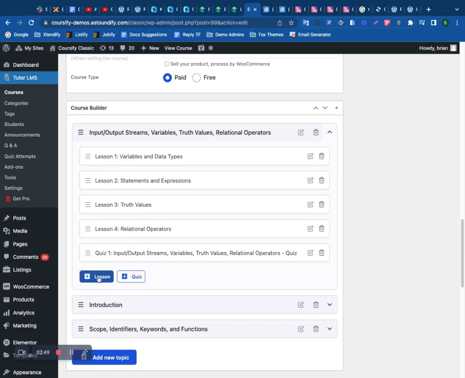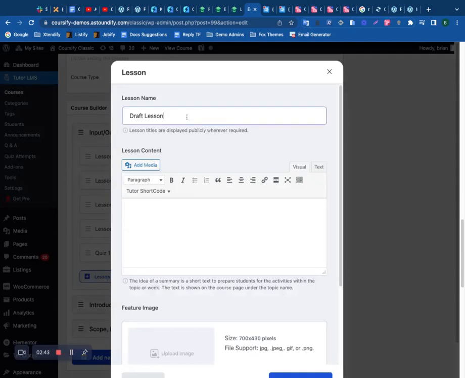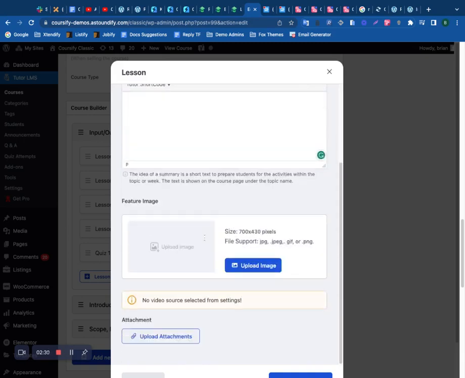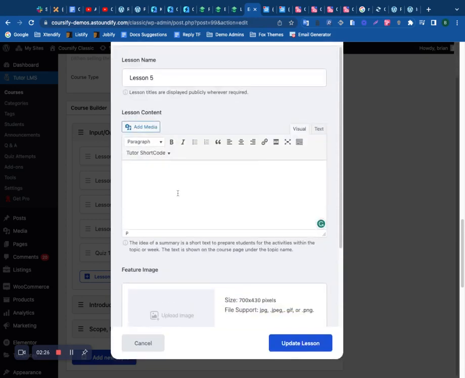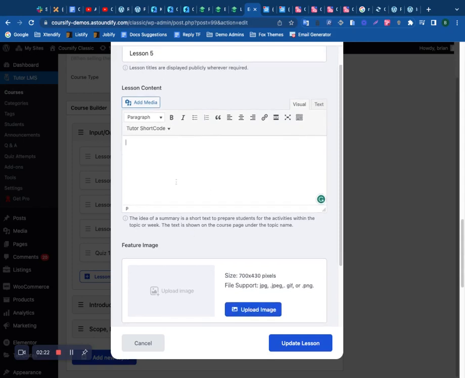So there's an option to add a lesson. If you want to continue, you can simply add another lesson here and give it a title. Let's say lesson 5, and make sure you give it the lesson content. Maybe you have a video, maybe you have content, maybe a description about it. Make sure you add it here,